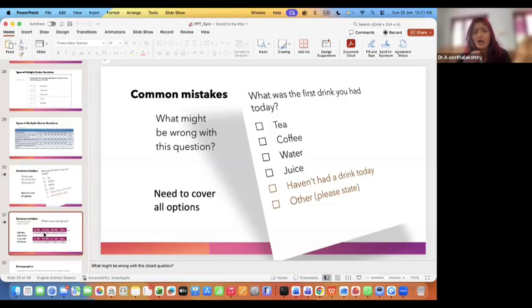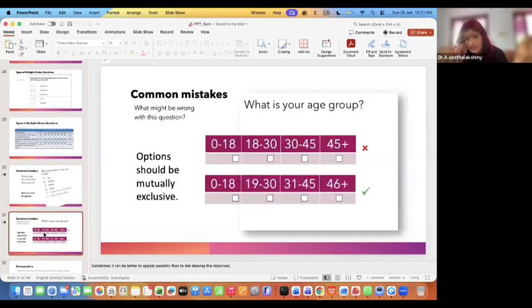Another common mistake that we can see everywhere is this one. Where does 18 come in? If you make your questionnaire in the first way, 18 comes in the first category or the second category. It is up to you. You would have kept in your mind 0 to 17 only, and I take 18 in the next one. So it goes like that. Why can't people understand this? Very sorry, they cannot understand it.